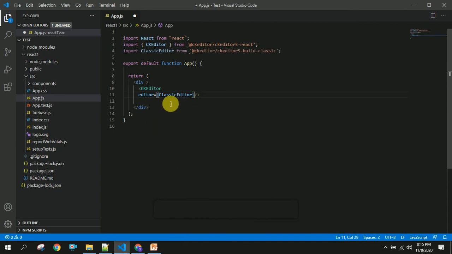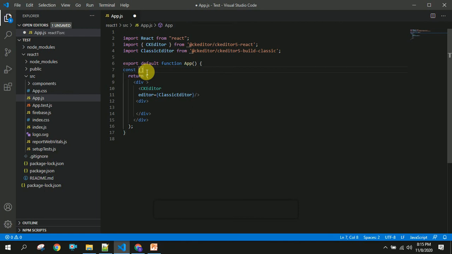In order to display that, we have to create another div here. To display this, I am going to create a constant called data.